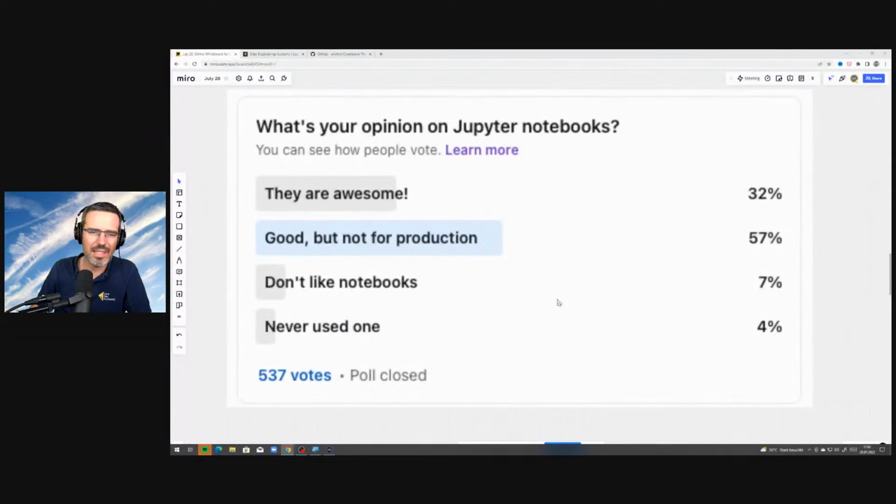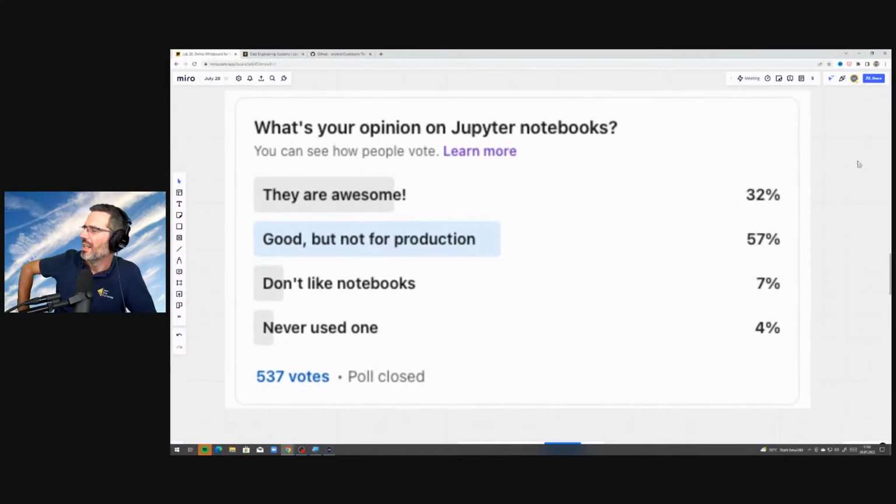What's the other thing? The databases we had. This is something that I got in touch with through Spark and through playing with Python, Jupyter notebooks. What's your opinion on Jupyter notebooks? People seem to love it. I don't know what your opinion is, but post in the chat what your opinion on this is. A lot of people say these are awesome, good but not for production. That's also something I see very often. Although in Spark and in Databricks, you can do it. So it's helpful there.